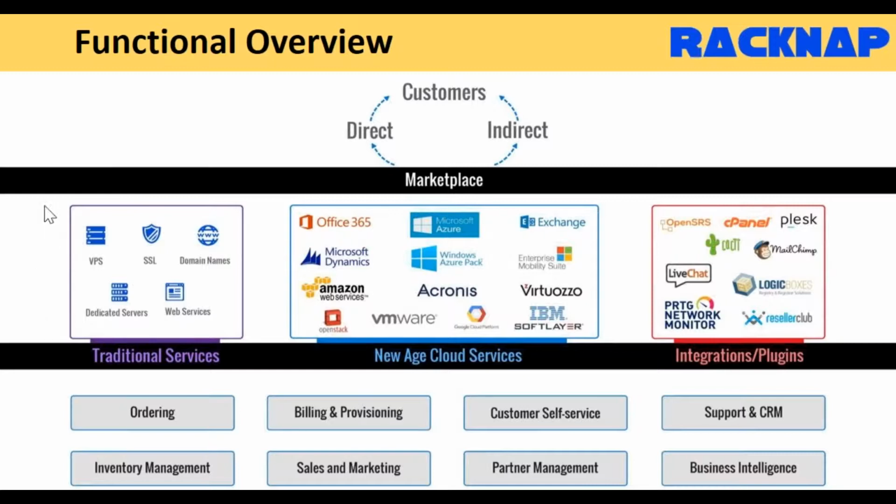Okay? And there are a lot of CSPs here, or probably you can say hosters, in this session who are currently selling traditional services. They're selling VPSs, dedicated servers, web services like shared hosting, WordPress hosting, etc. And obviously they cannot drop this business and just start afresh in cloud. They still need to be in a position to sell those existing services and cater to the existing customer audiences, right? So what RackNav is able to do is continue to help those existing customers run their business, and then be able to offer new age cloud services, which include Office 365, Azure public cloud, etc.